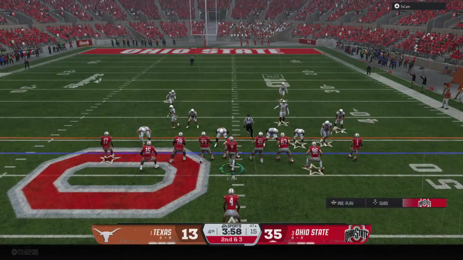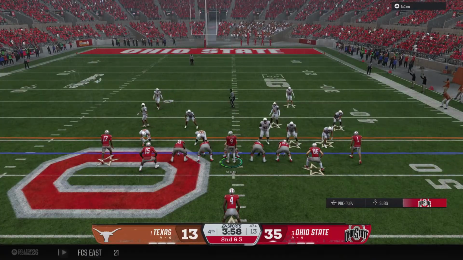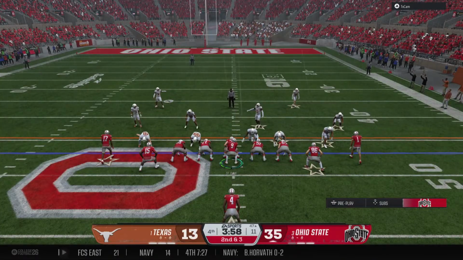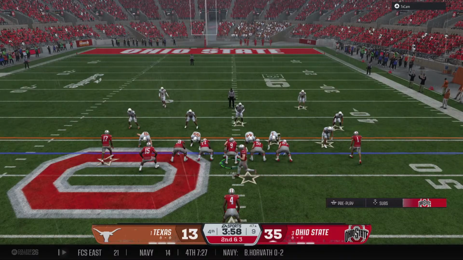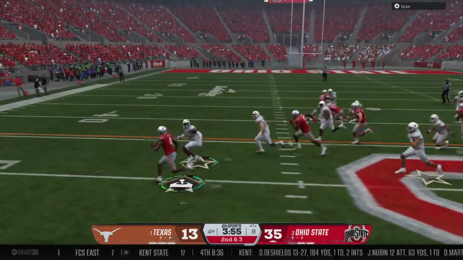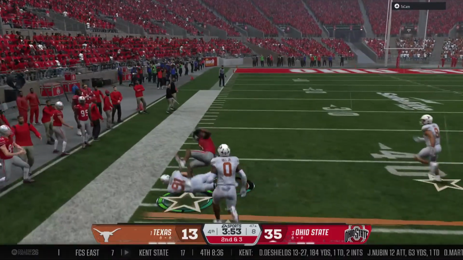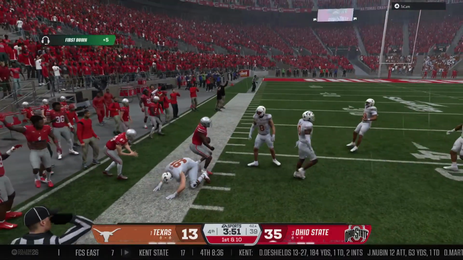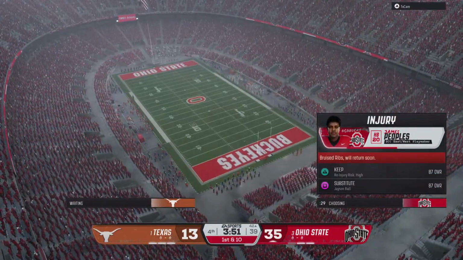Second down after that run on the previous play. Movement here from the tight end. There's the tackle, but first down yardage.